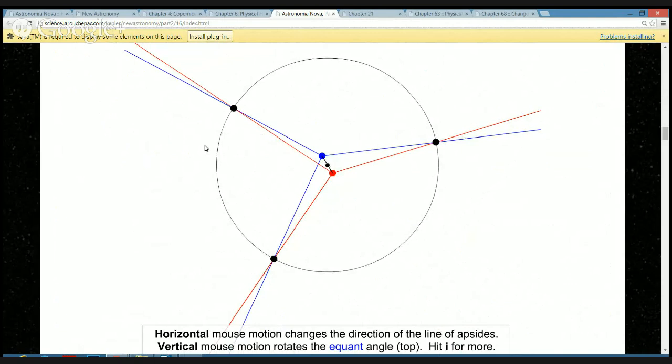And he was able to do some math and say, well, if the times between the 3 observations were this, this, and this, and the angles between the observations as seen by us are this, this, and that, then the only way that you could have it be moving in a circle and have all these angles satisfied and have the center of the circle be directly between the equant and the sun is this.